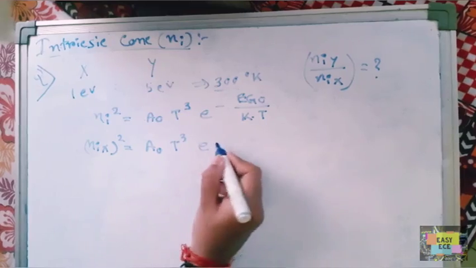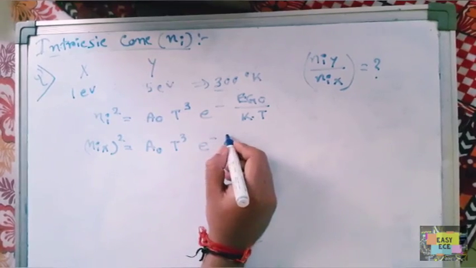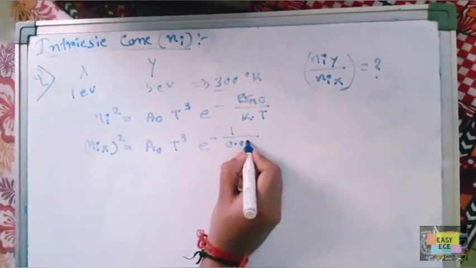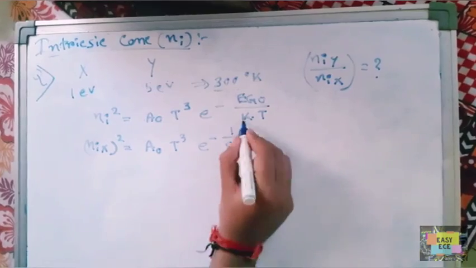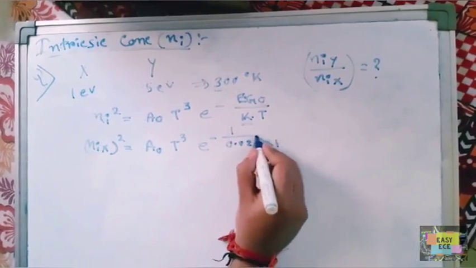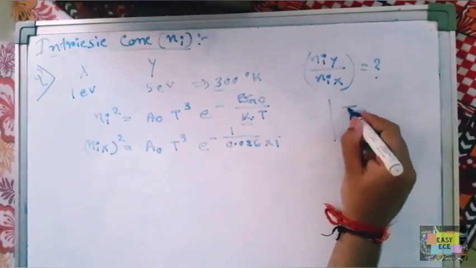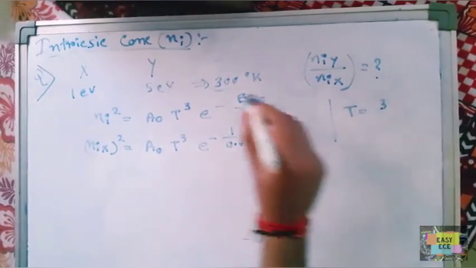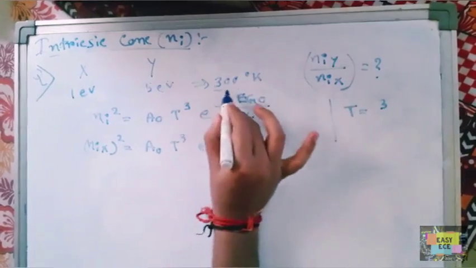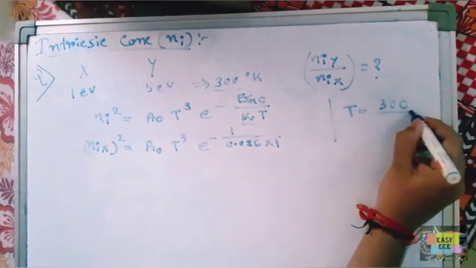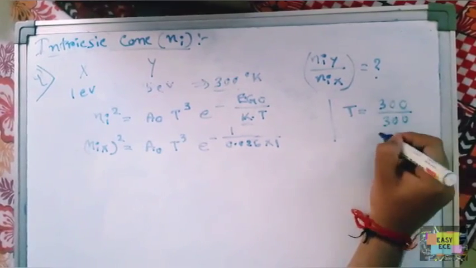E to the power minus, here the band gap is 1 for X, divided by 0.026, the value of k, into 1, that is the temperature, because